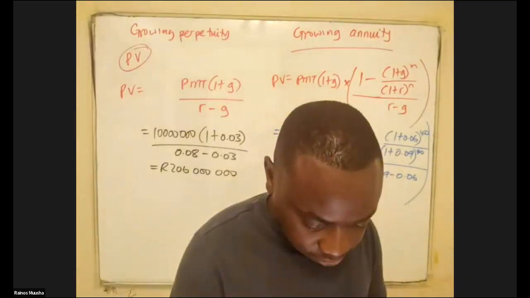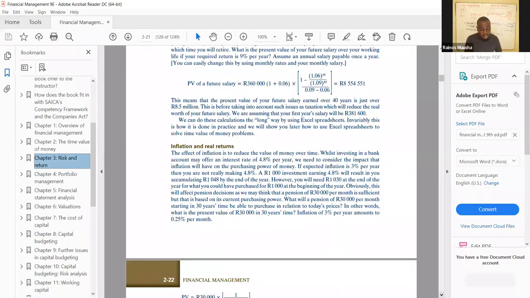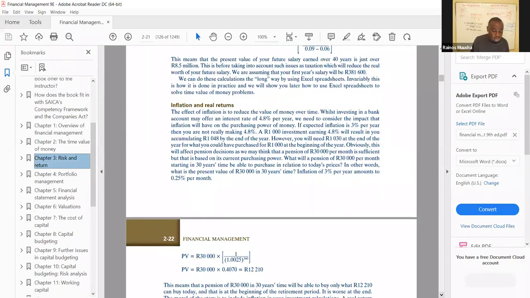On the next section, we are going to be looking at inflation and real rate of returns. Please take note of this because it's a concept that is going to be coming in again later on in the curriculum. So it's being introduced now, but we are going to be looking at this concept being mashed up with other concepts, of what? Of valuation and capital budgeting and financing as well. So it's going to be coming back again and again and again as well.